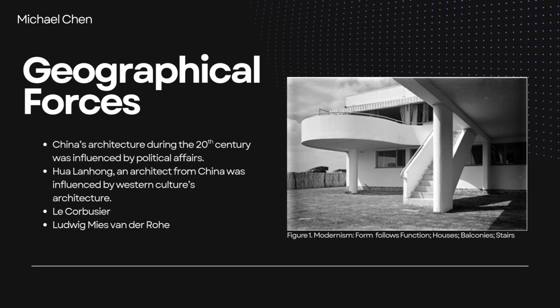Functionalism was heavily focused on in architecture. Architects such as Le Corbusier and Louis Mies van der Rohe, both from different backgrounds, were impactful on the new design approach of form follows function in the rise of modernism. They believed in creating spaces that were not only beautiful but also practical and efficient.